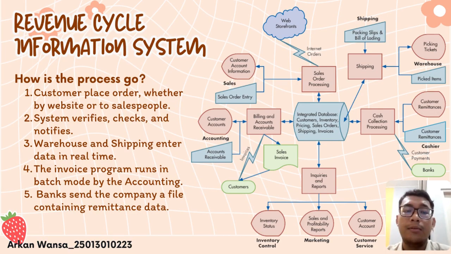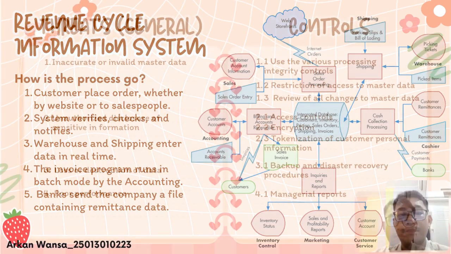When it comes to payment, some of the company's customers still send checks to one of the regional banks with which the company has established an electronic lockbox process. But nowadays, a lot of customers remit their payments electronically, so they can do it by phone or mobile banking. Each day, the bank sends the company a file containing remittance data, which the system uses to update the company's cash account balance and customer accounts.